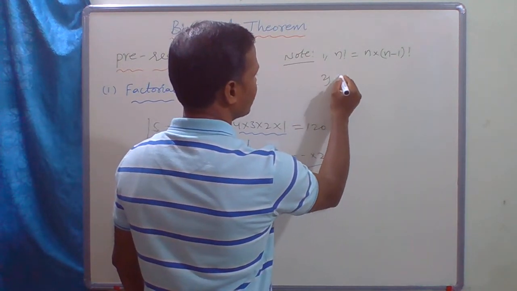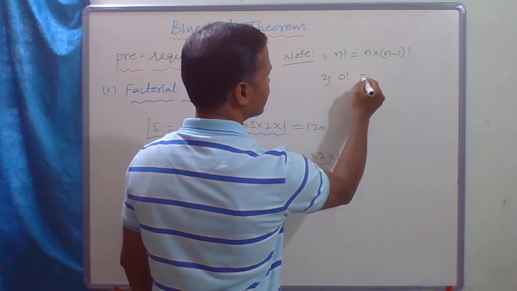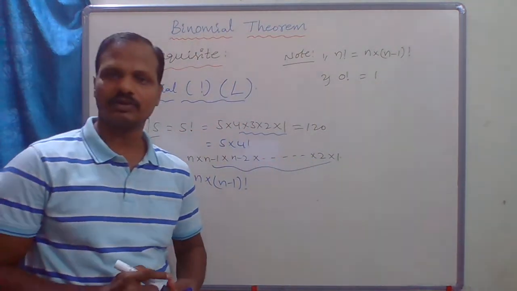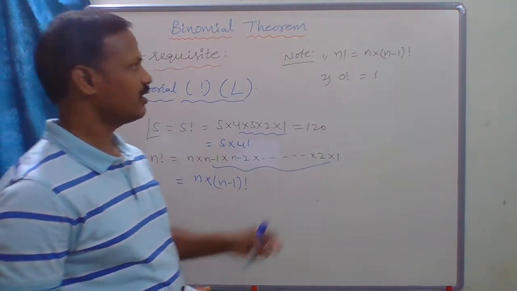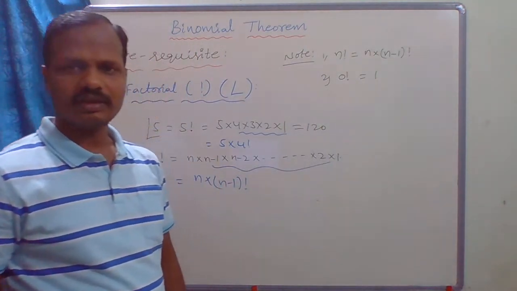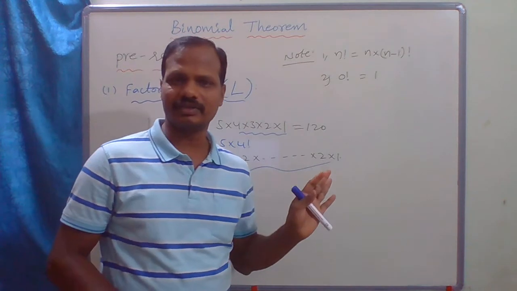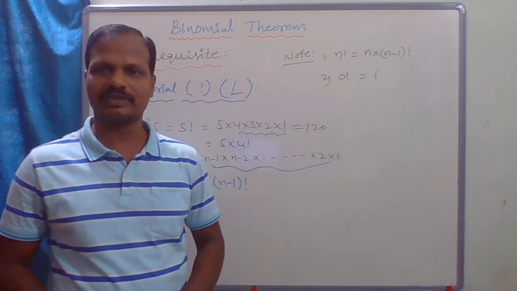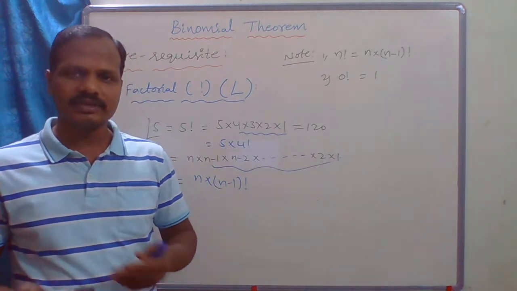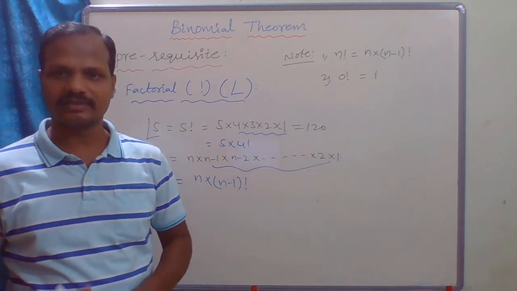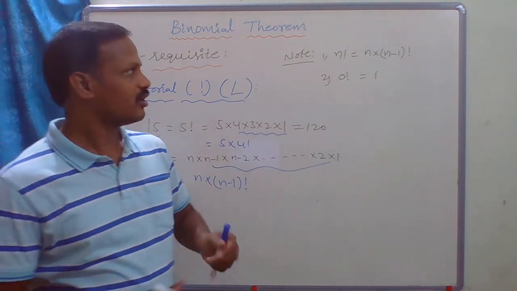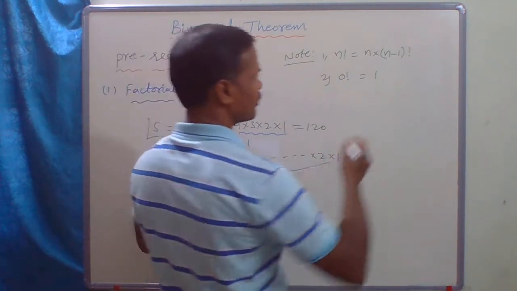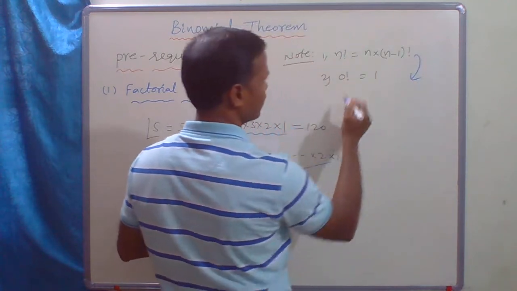Next, 0 factorial. 0 factorial equal to 1. So it is defined. The proof of this is actually dependent on gamma functions and beta functions. But in general, for your understanding at this intermediate level, if you substitute n equal to 1 in this expression,